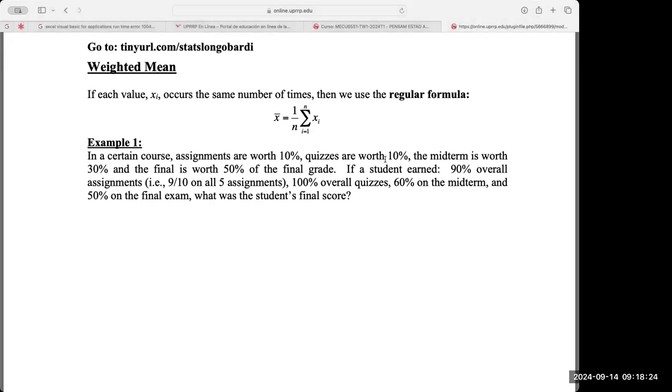Each observation is as important as the others. But if I treat the components of this course as observations, so quizzes, midterm, final, and assignments, if I treat these 4 components as observations of a student evaluation, and I want to combine them to come up with an average grade, if they don't carry the same weight, I have to do that differently. Okay. So going about this,